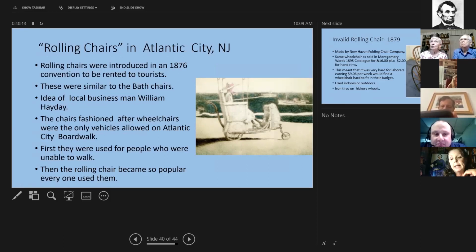And this was the idea of local businessman William Hayday. I do not have his picture. And the chairs are fashioned after wheelchairs, and were the only vehicles allowed on the Atlantic City boardwalk.